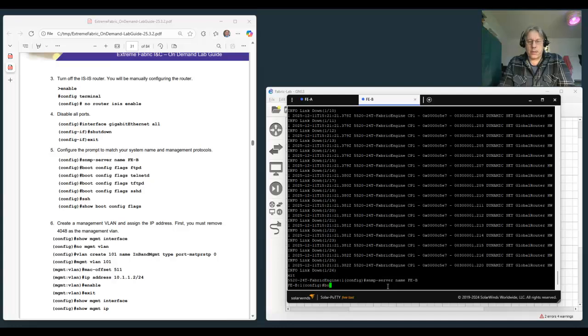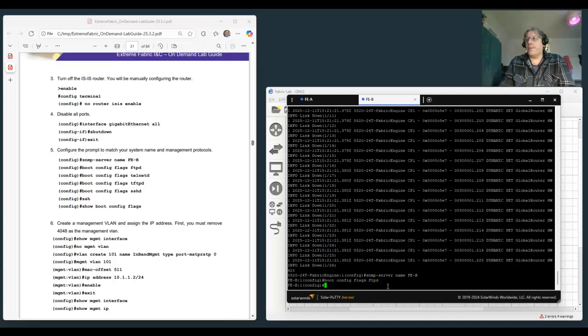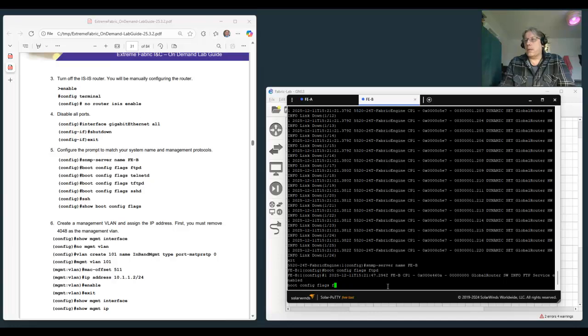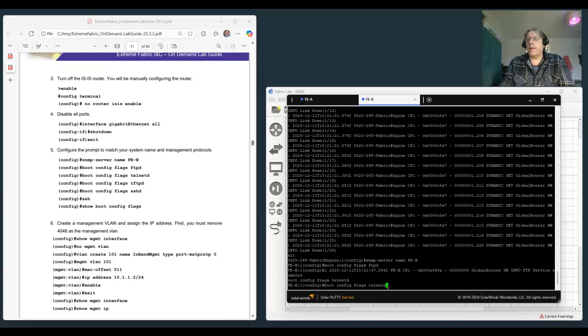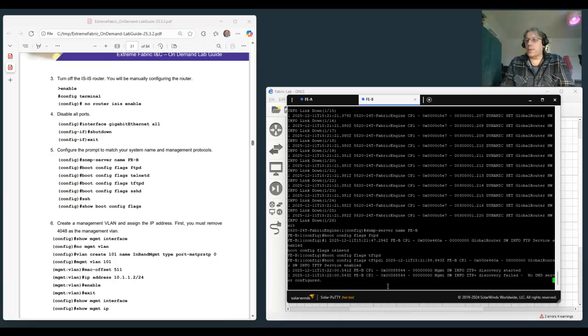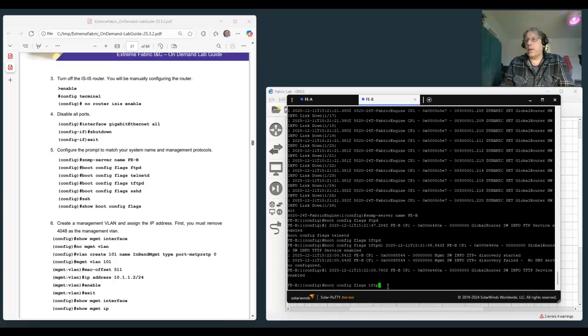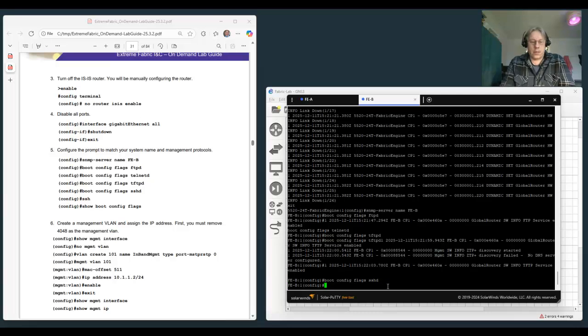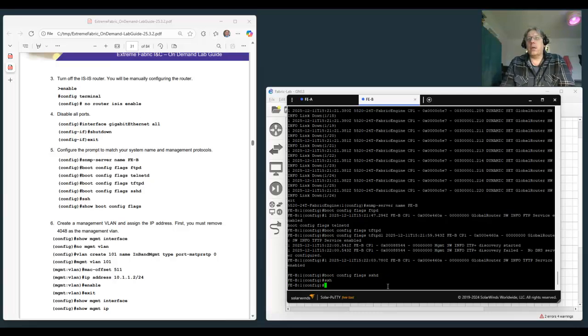set the boot flags, boot config flags ftpd, telnetd, tftpd and SSH. SSHD, enable SSH, show the boot flags,